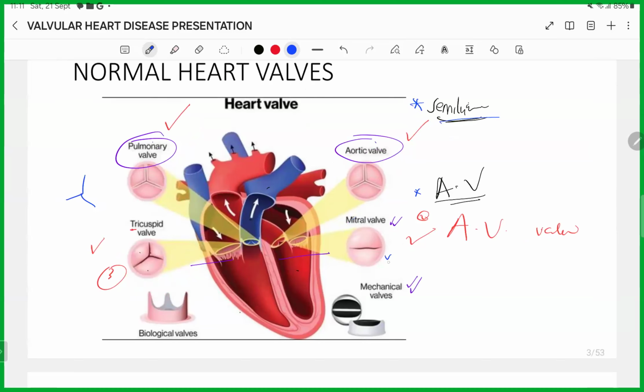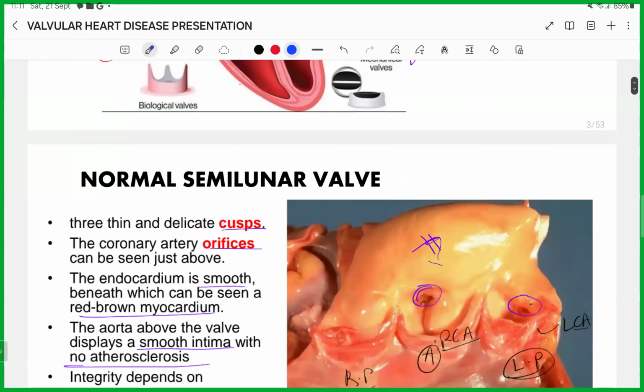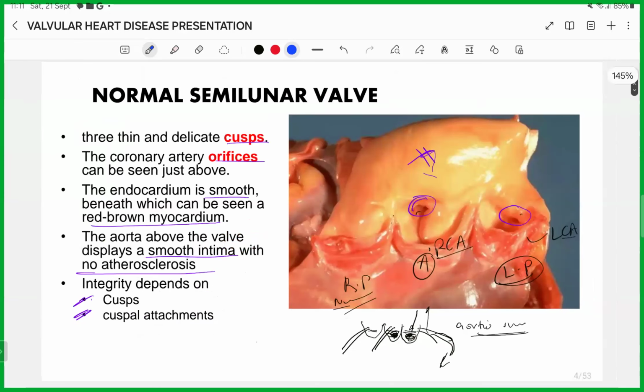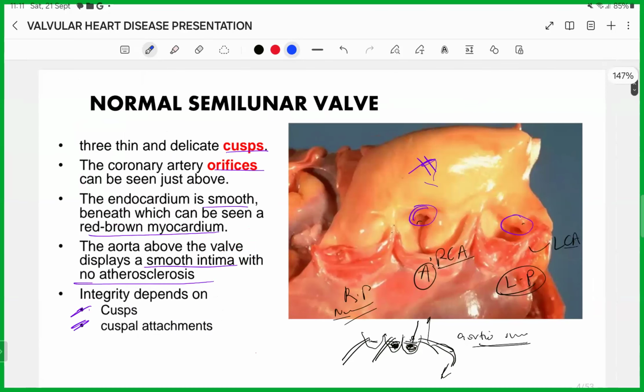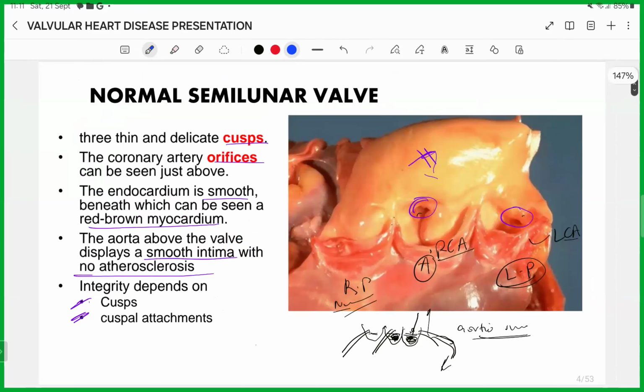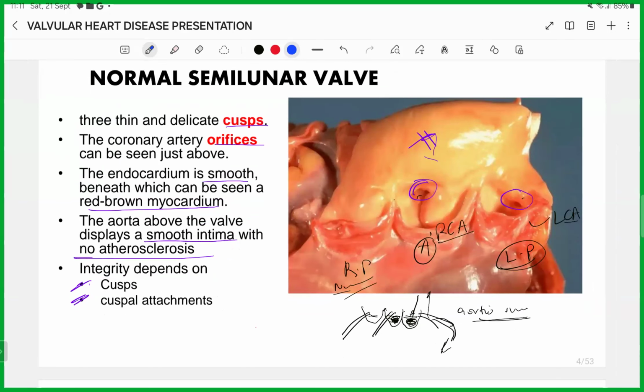Basically, the function of valves is to prevent backflow of blood, particularly in a closed circulation like the ones that humans and mammals have. It's important so that blood moves in one direction so that you're able to supply the body with blood and other various organs in the circulation with nutrients without overloading the heart. So we look at what these valves usually look like normally. So just doing a short review of the anatomy, because this is going to be more of a combination of pathology and a bit of IMED. So this is what normal